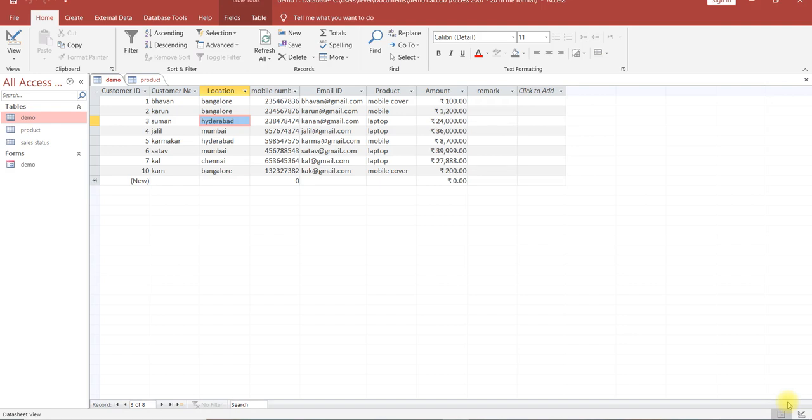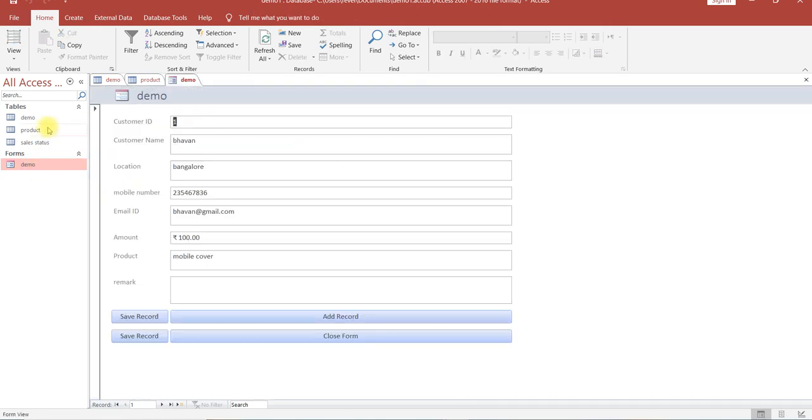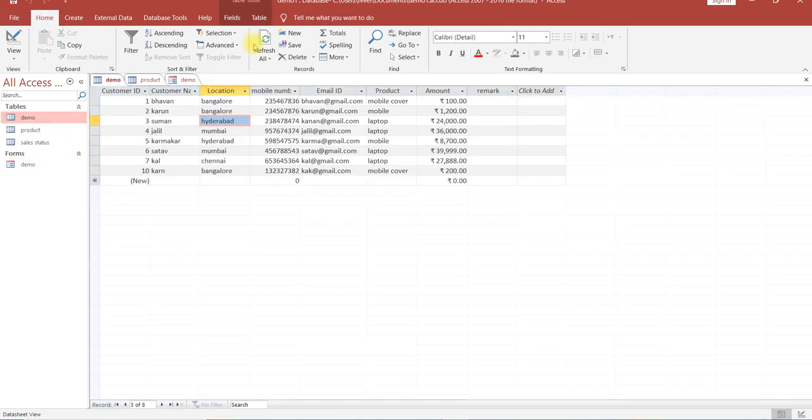So far, we have learned how to create data by using a table and forms to collect the data, as well as we have learned about formatting and managing data. These things we have learned. Now, one more important thing in a database is creating a relationship between data points.